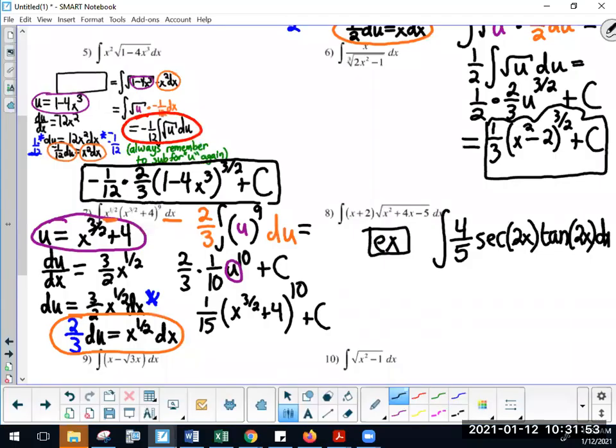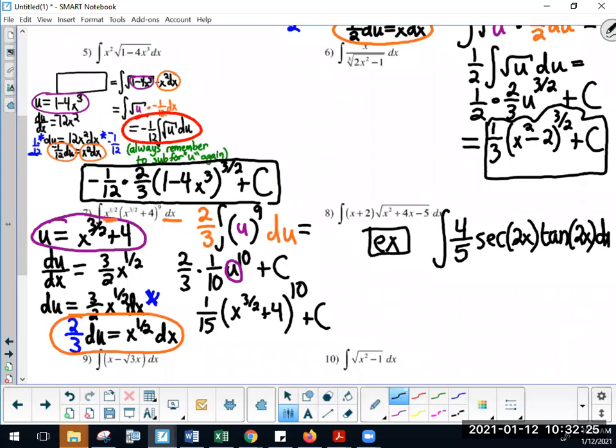So to be successful with this one I came up with, you need to be intimately familiar with the basic antiderivatives. If you're not, these are going to be very, very difficult. So when you look at this, you should start thinking to yourself, I wonder if I could make this look like secant times tangent, which is on my antiderivative list, right? The antiderivative of secant of x tangent of x with respect to x is,